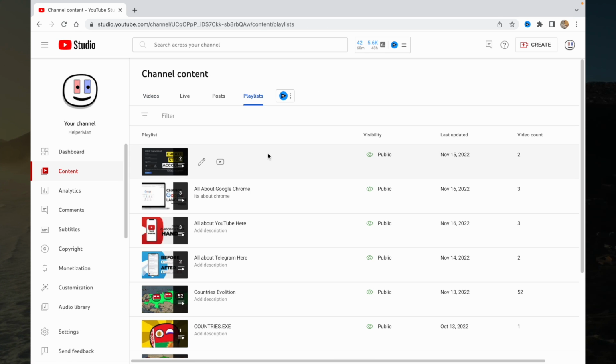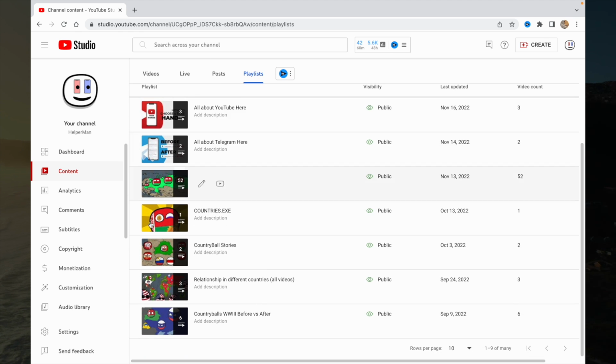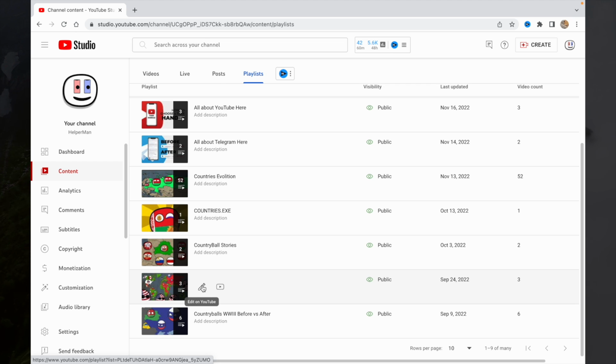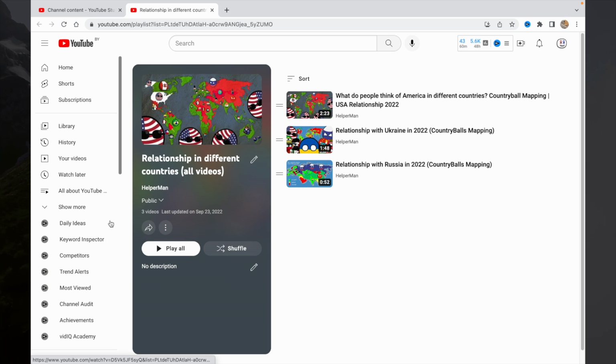So now we are on the playlist page, and then go find the necessary playlist you want to change, or you want to hide, or you want to publish. For example, today I want to edit this one. So find this button, edit on YouTube, click on it, and then as you can see we have a menu,